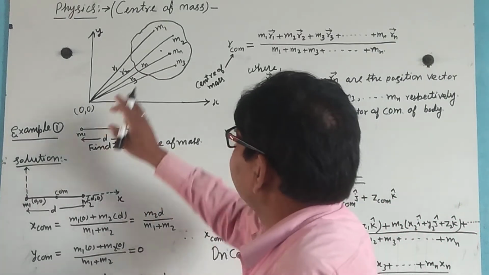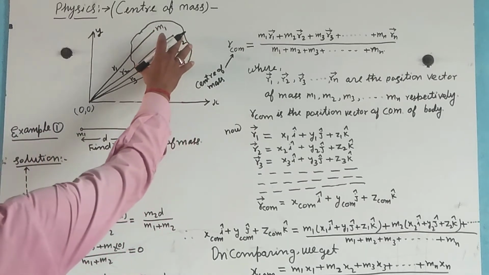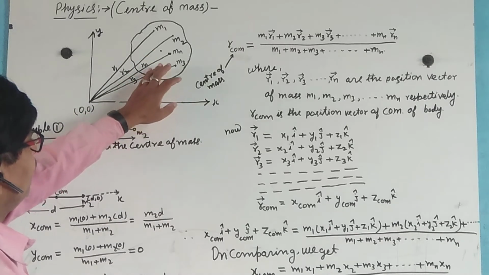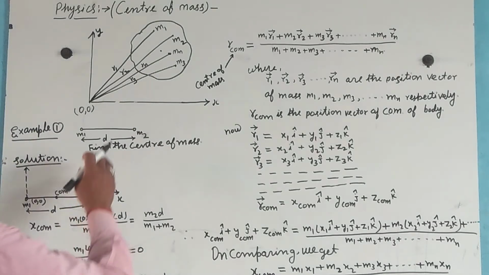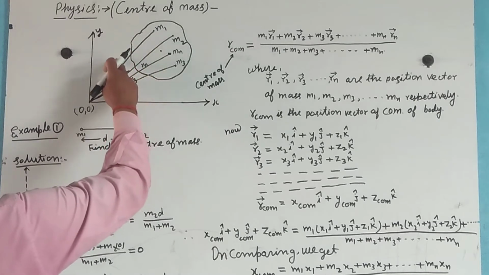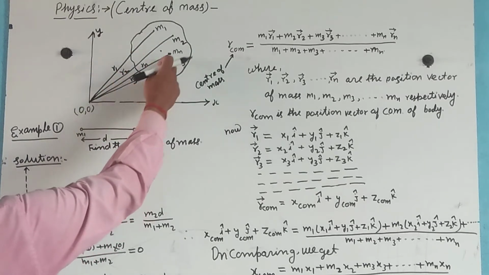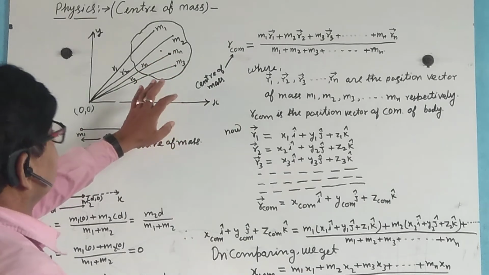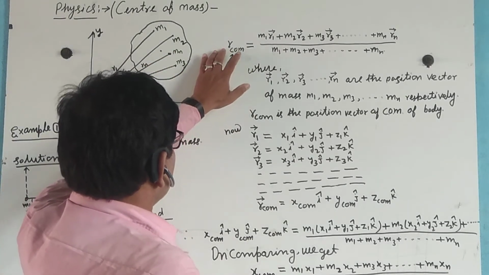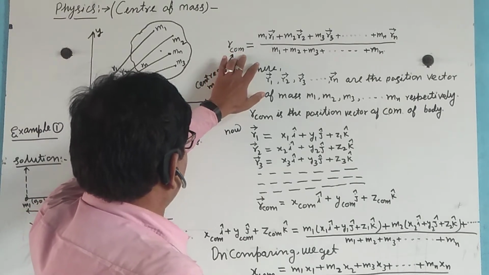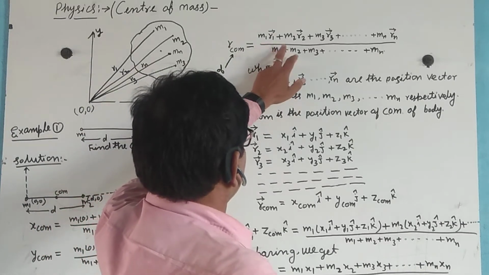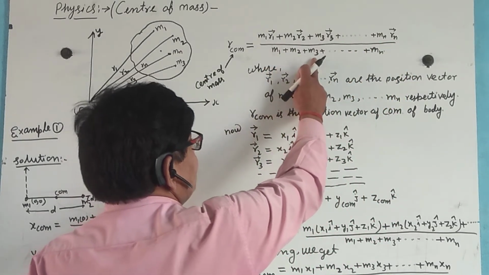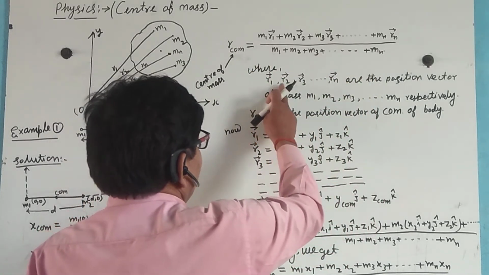Now, calculate here. This is a body composed of small particles m1, m2, m3 ... mn at position vectors: particle m1 at distance r1, m2 at r2, m3 at r3, ... mn at rn. So the position vector of the center of mass is equal to (m1 r1 + m2 r2 + m3 r3 + ... + mn rn) divided by (m1 + m2 + m3 + ... + mn),